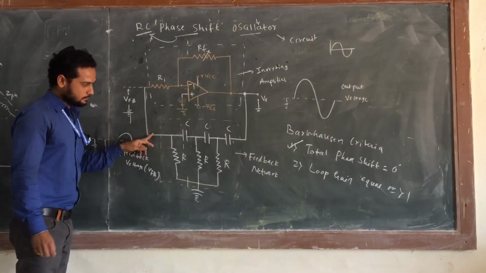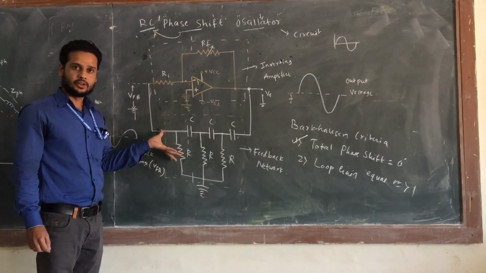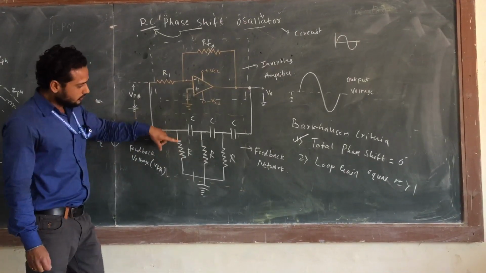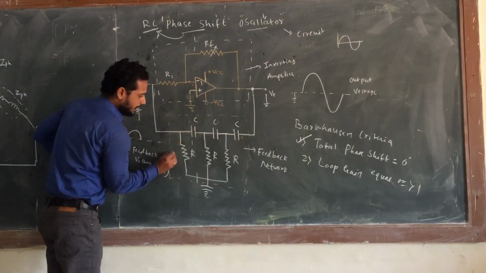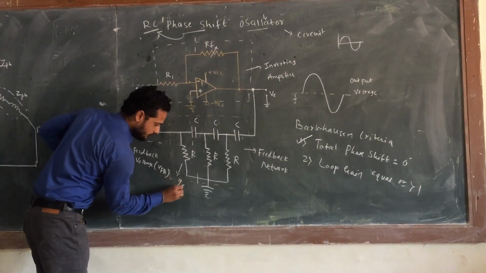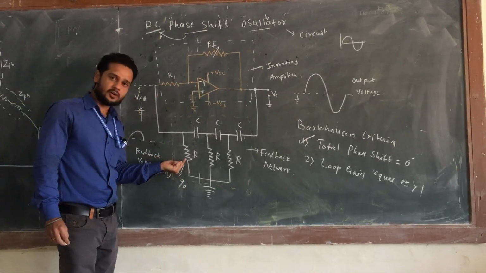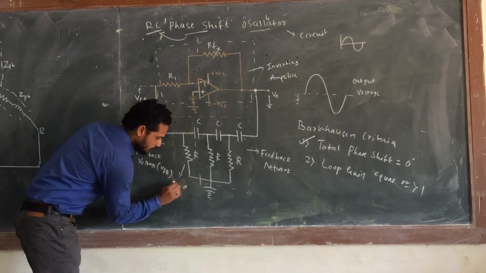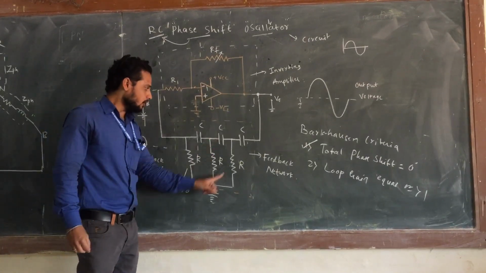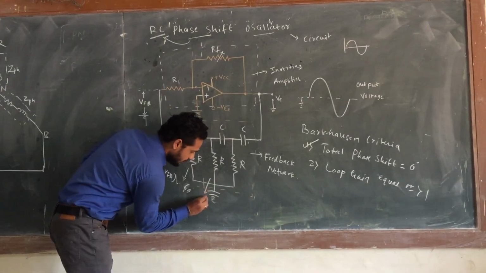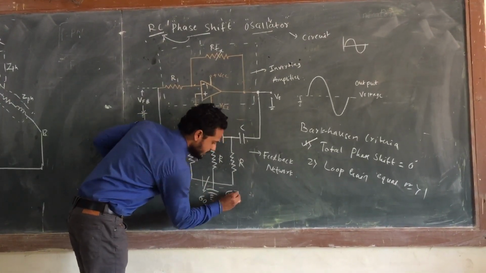So here, first concentrate on this feedback network and check what amount of phase shift it will produce. Basically you are making use of 3 pairs of R and C. One pair of R and C will produce a phase shift of 90 degree, but actually there will be some losses in the resistor, therefore the phase shift produced by one pair of R and C will be 60 degree. Then the second pair of RC will produce a phase shift of 60 degree again. Again you have one more pair of RC, which will produce a phase shift of 60 degree.